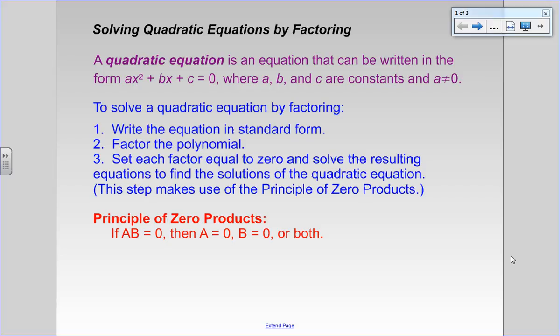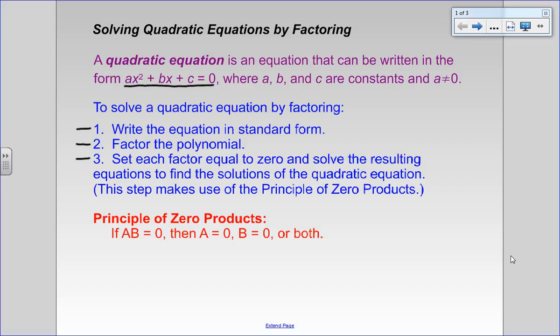A quadratic equation is an equation that can be written in the form ax squared plus bx plus c equals 0, where a, b, and c are constants and a is not equal to 0. To solve a quadratic equation by factoring, we first write the equation in standard form, with a polynomial on one side of the equation and 0 on the other. Next, we factor the polynomial. And then finally, we set each factor equal to 0 and solve the resulting equations to find the solutions of